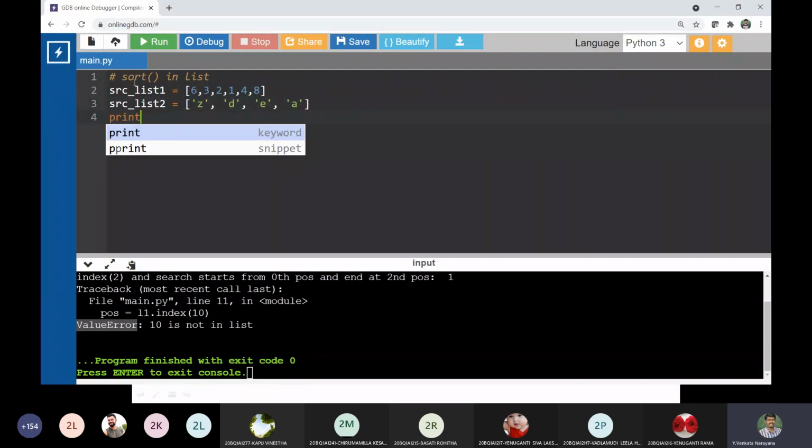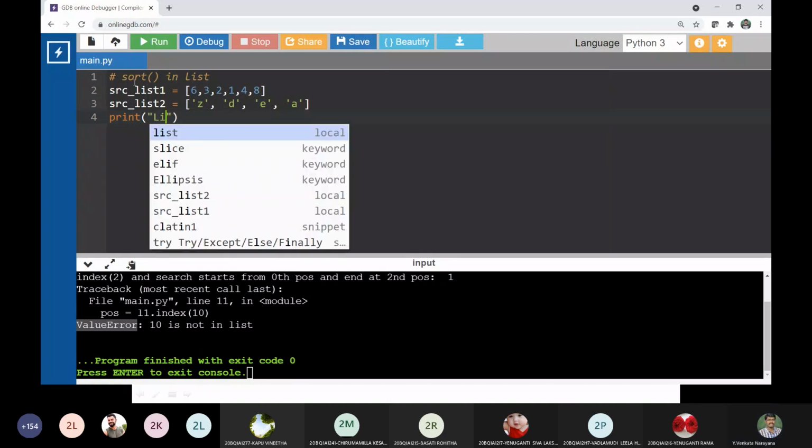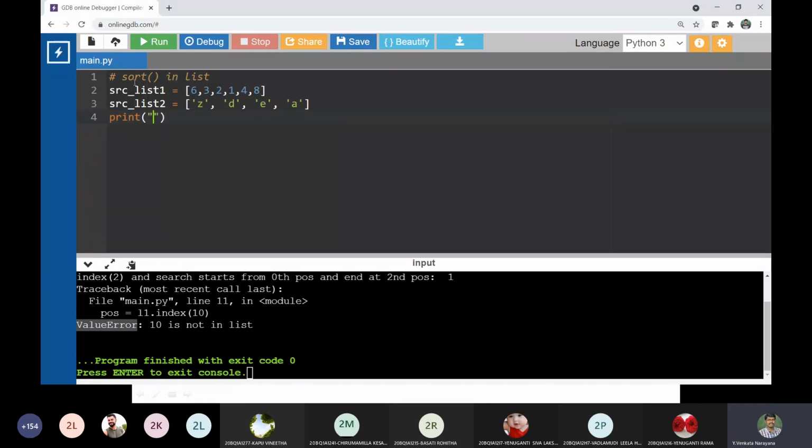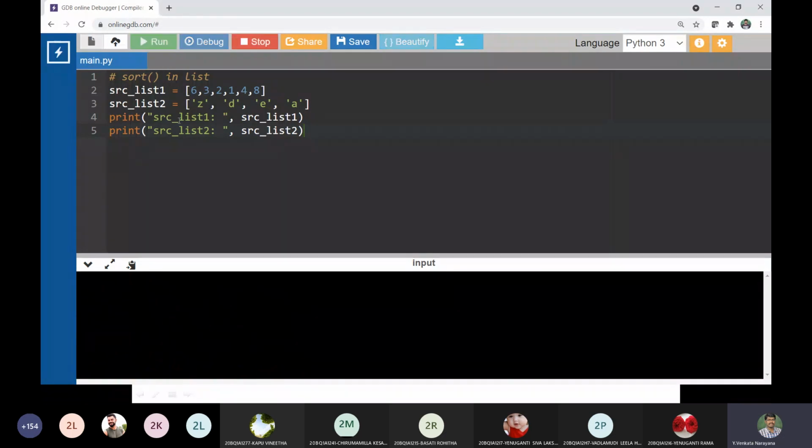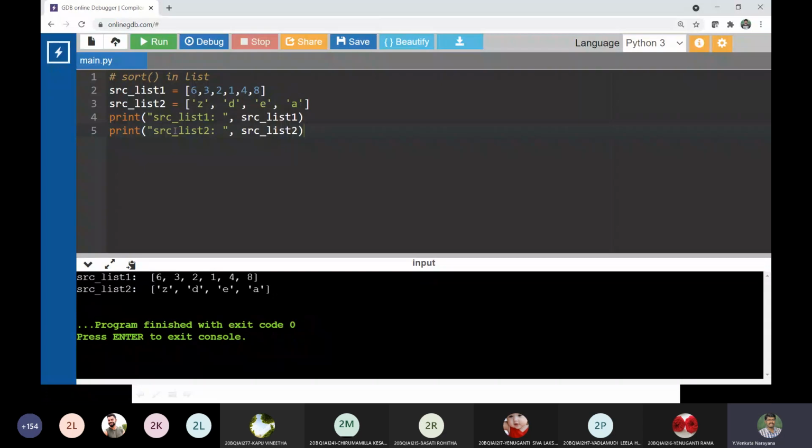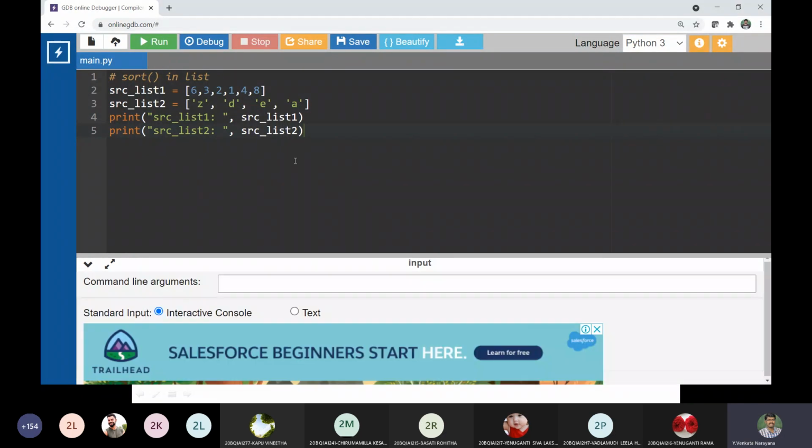Initially I would like to print source list 1 and, in a similar way, source list 2. Let us check whether it is working or not. Yes, it is working. Now I would like to go for sorting. What is the syntax? List name dot sort.